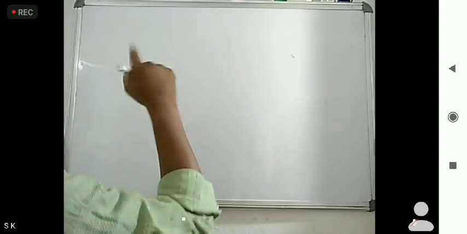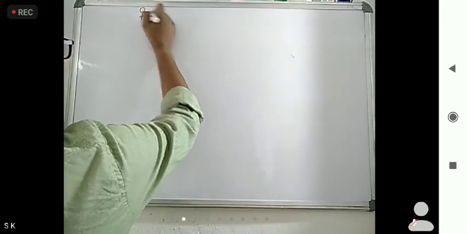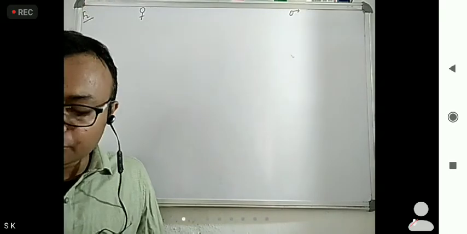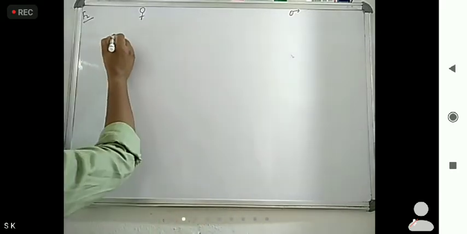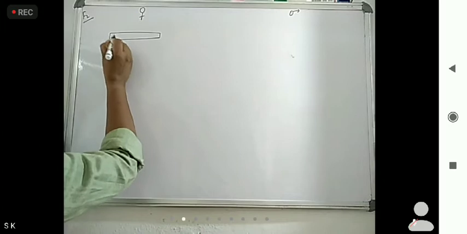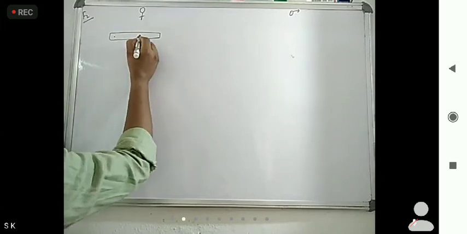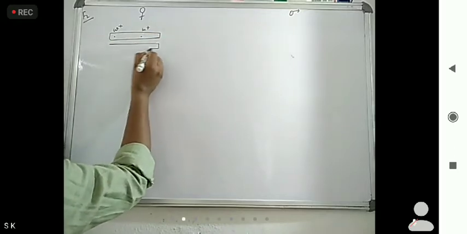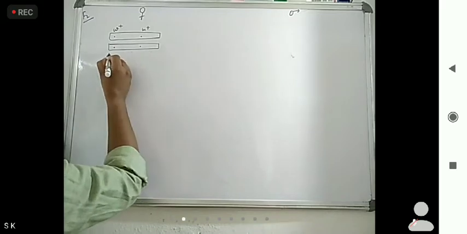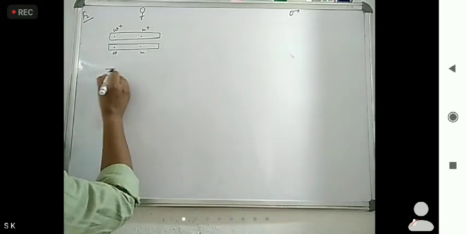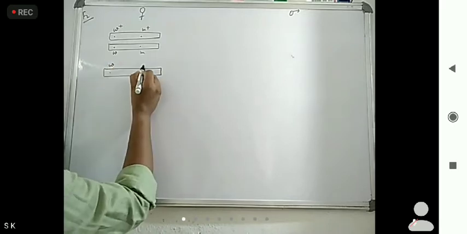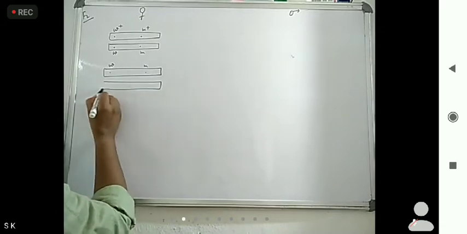Like X cross A, female were there and male were there. So in F2 generation, same, four types of female and four types of males will come. Here, what offspring are coming? First type: W plus M plus, this is their homologous chromosome. Another type: WM, this is their homologous chromosome.